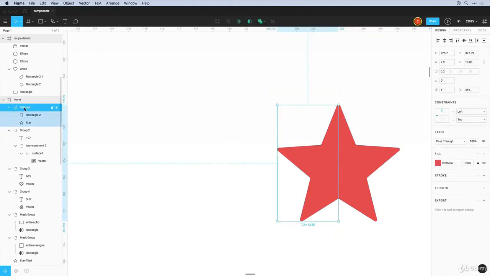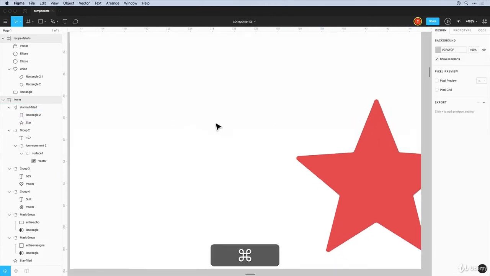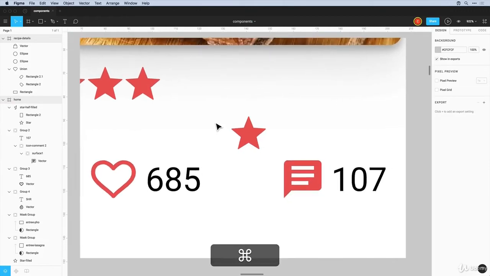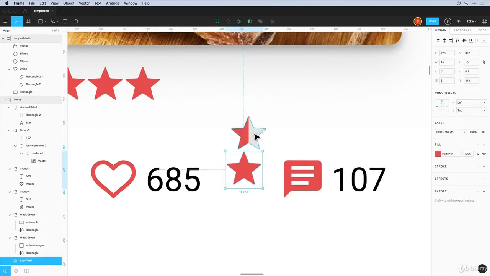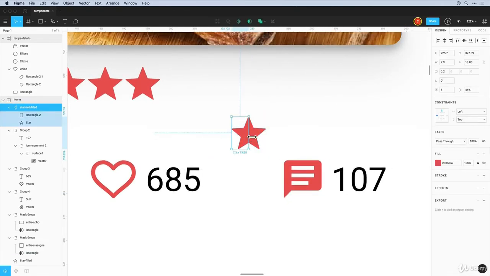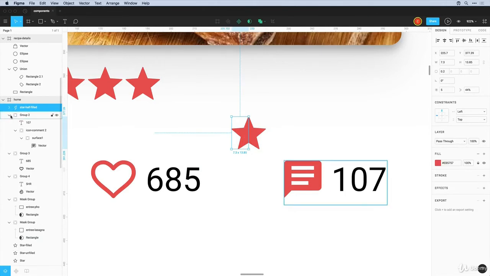And then I will call this star hyphen half hyphen filled. So we have the three versions of this star that we're always going to need: fully filled, unfilled, and half filled. So I can select these objects here,